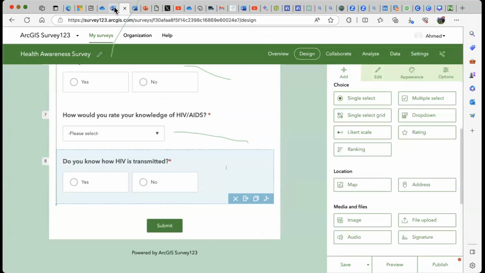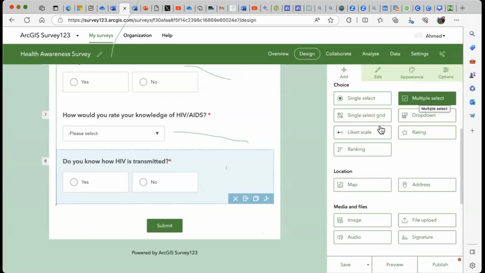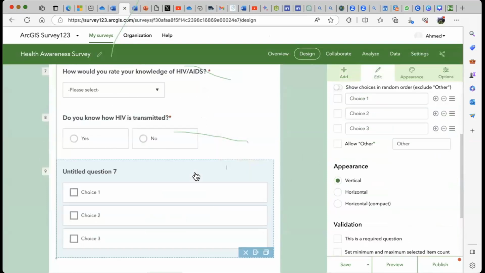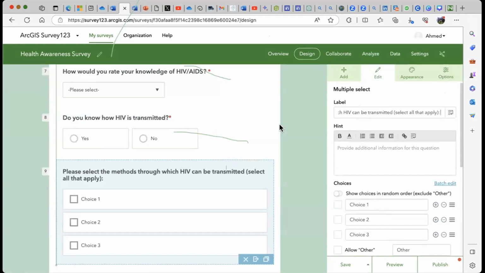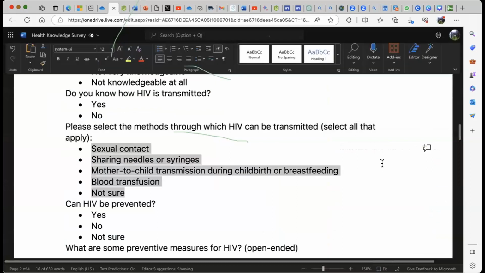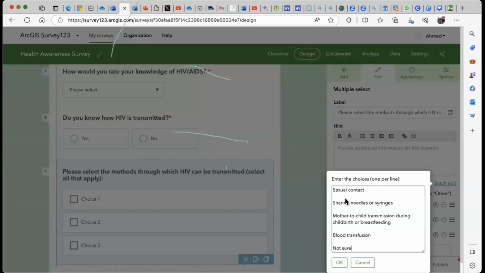So these are the options that we're looking at. Please select the method. This kind of question now, it's a checkbox question because it's one or many. So I have multiple selects. Oh, this is out of this place. Aha, back there. Okay. So I've got that. So what are the options?